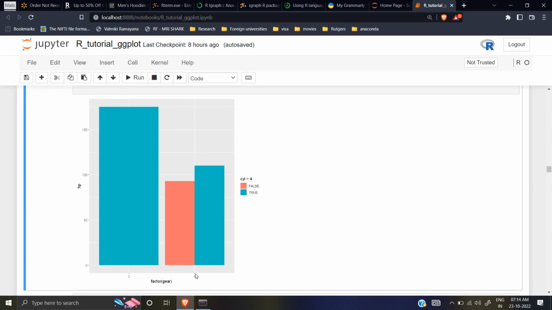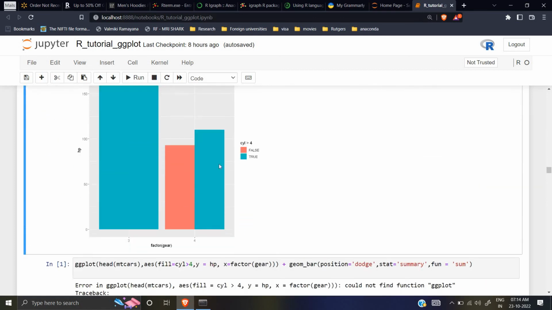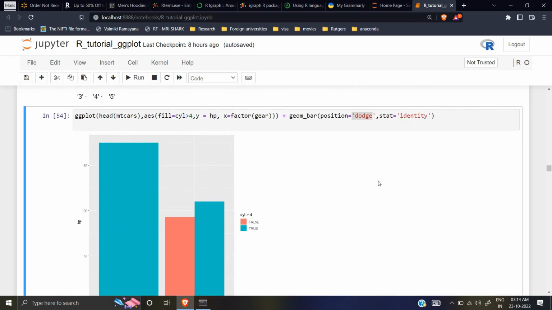Okay, the other thing is when gear becomes 4, you have one value that is 4 and two values that are greater than 4. So one value that is 4 and the two values that are greater than 4 are over here. Now ideally,